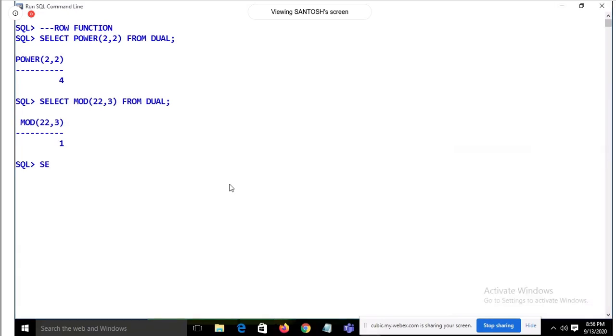Suppose I write select square root of 9, comma square root of 0.9. What will be the output? It's your test of mathematics. Yeah, please. What is the output? 3 and 3. And the next?